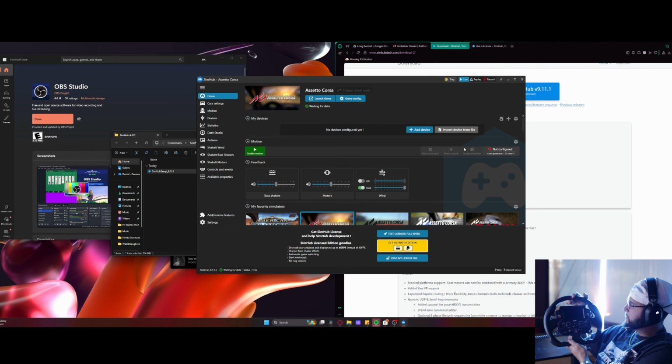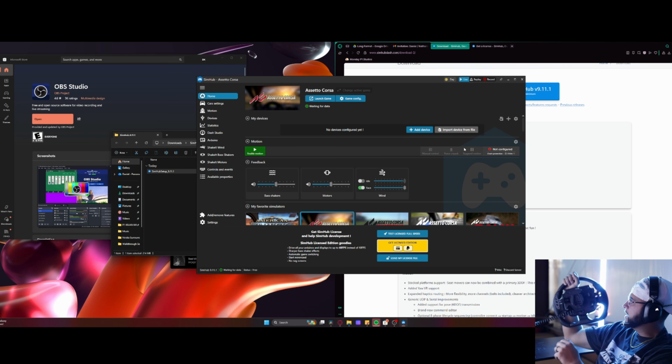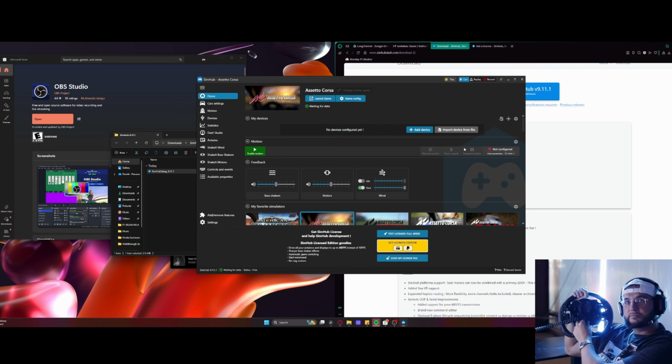Very large, round, lots of buttons, LEDs. As you can see, there's also a display on this wheel as well. Here on the back, you're going to want to plug this straight into the back of the wheel, and then